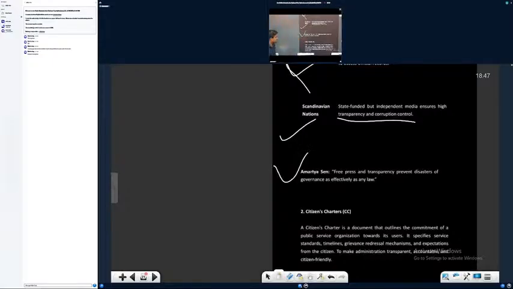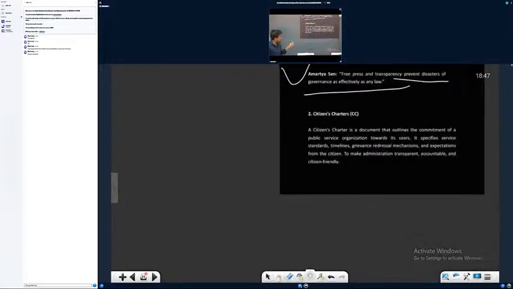So free press, transparency, prevent disasters of governance as effectively as any law. Okay, so free press. I mean, you let the press. See, Amartya Sen also gave that quote about famines. So you can write these quotes as value addition. Now, next form of accountability